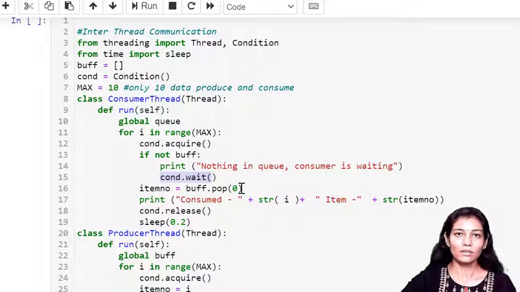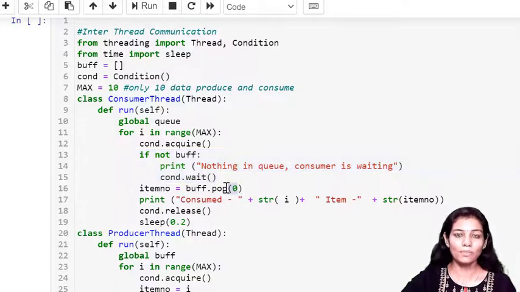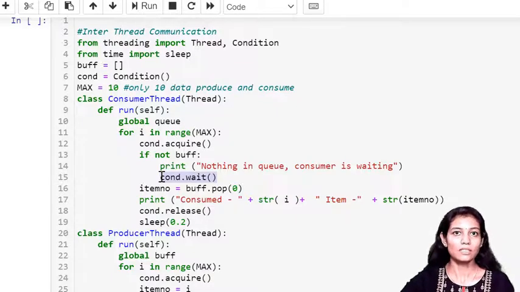Once the buffer has something, we pop that item into the item variable and print that popped item. Then we release the internal lock that was acquired. The main thing here is that the consumer is waiting when there is nothing available in the buffer. This waiting thread needs a notification from the producer when the producer has produced something.